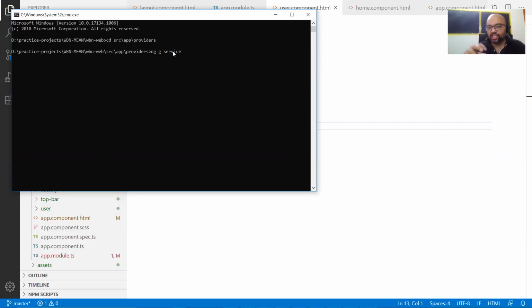If you say ng g s, s is delegated to some other feature. So that's why I'm using the word itself, service. So ng g for generate, that you can use as a shortcut. G is for generate only. Then service followed by service name. So my service name is, let's say, users or user. Enter.